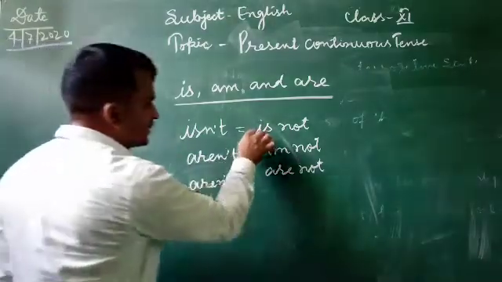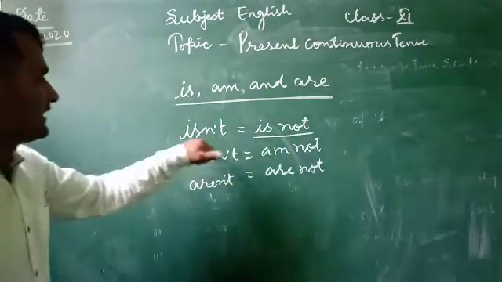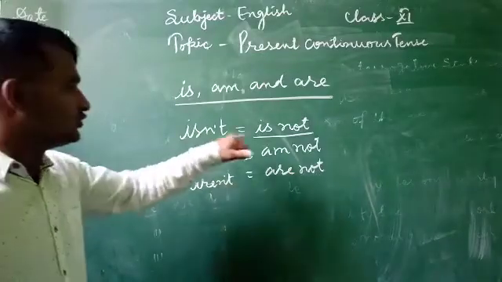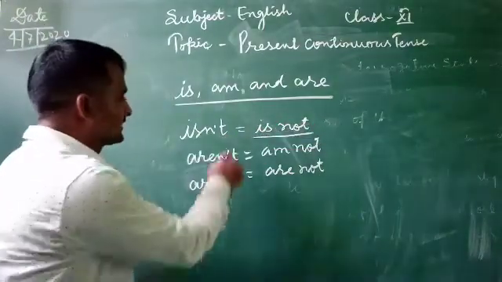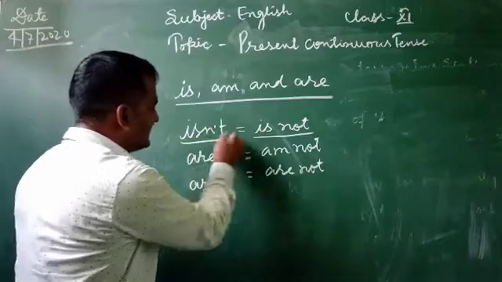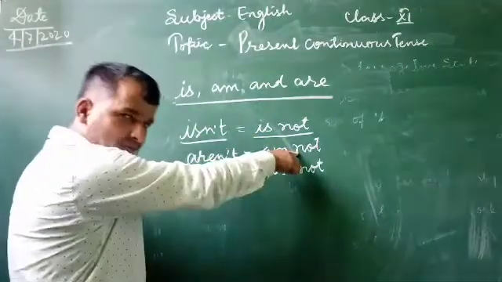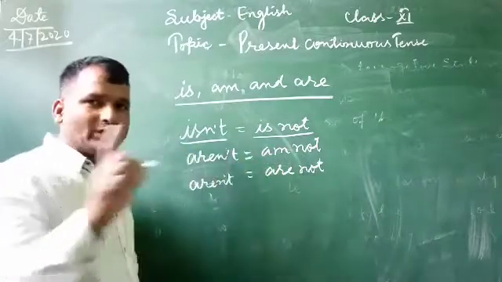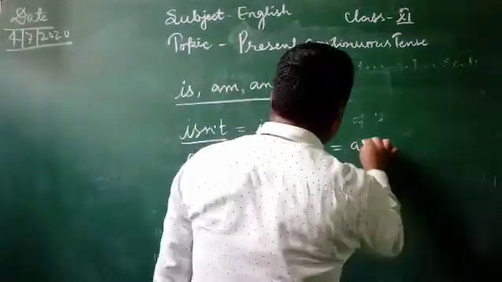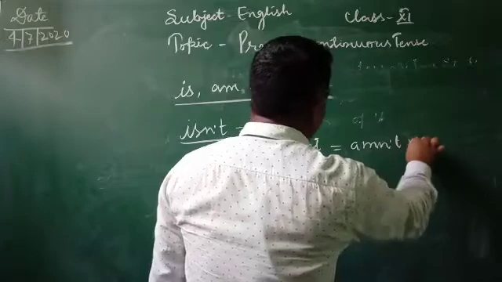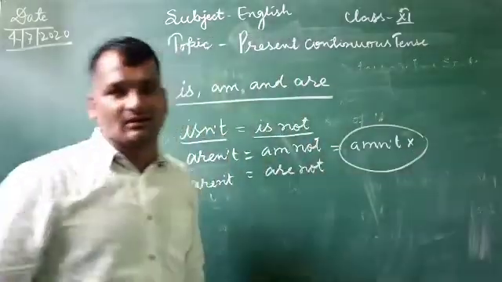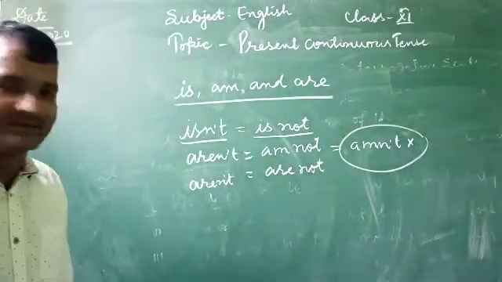If you use is not, you can easily use the abbreviation of is not. Isn't is the abbreviation of is not. Aren't is the abbreviation of am not. No need to write amn't. Amn't is not a word in English grammar. In the English language,